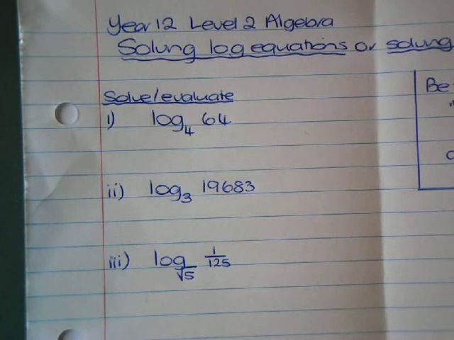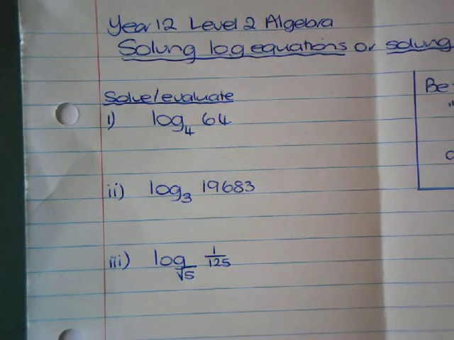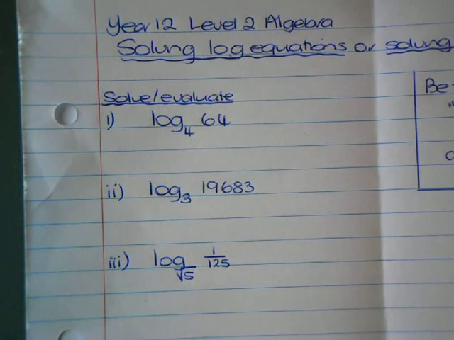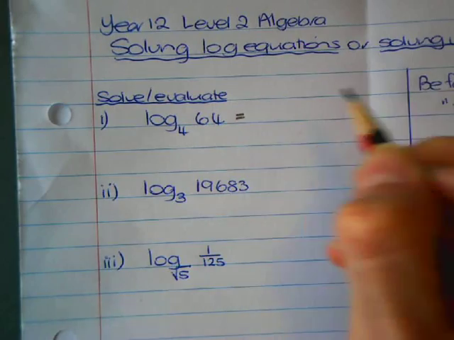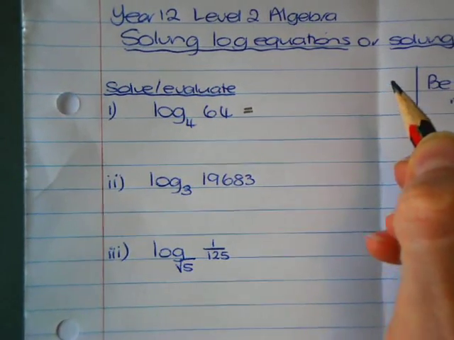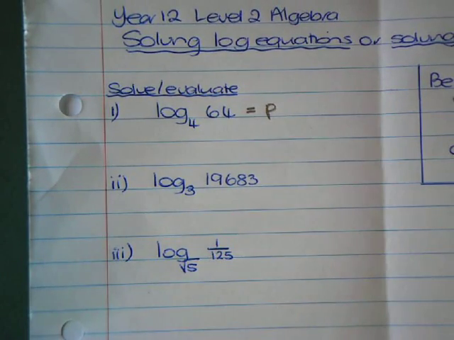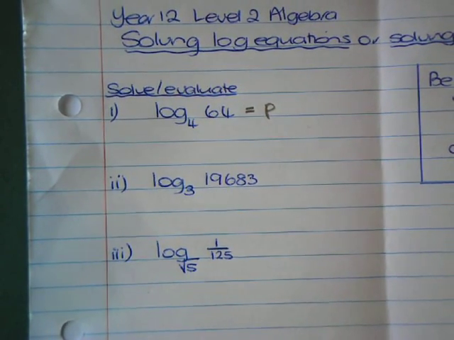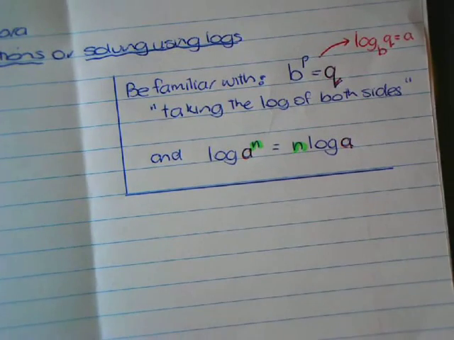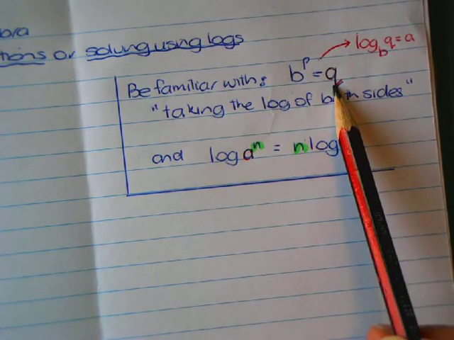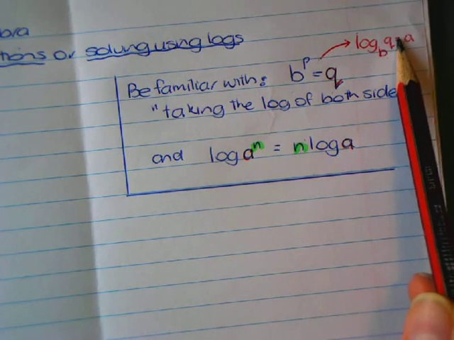So this is Year 12, Level 2 Algebra, solving log equations, or solving using logs. This equation here, log 4 of 64, kind of looks awkward because it doesn't equal anything. So just for today, we'll let it equal P. Doesn't really matter what letter you use. It just helps you rearrange it because you need to be familiar with these sort of formats. Base, power, quotient, or log to the base of the quotient, equals the answer,